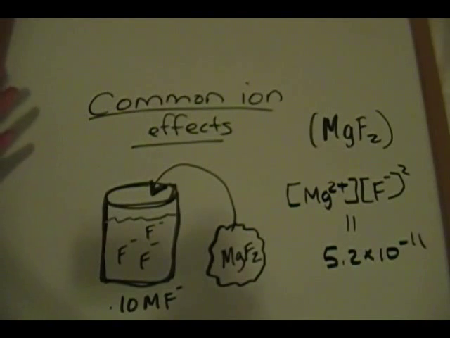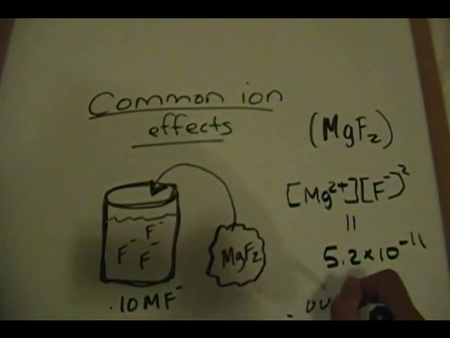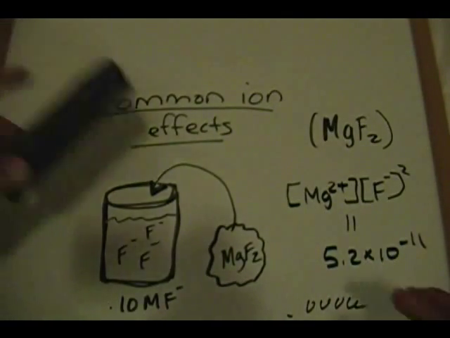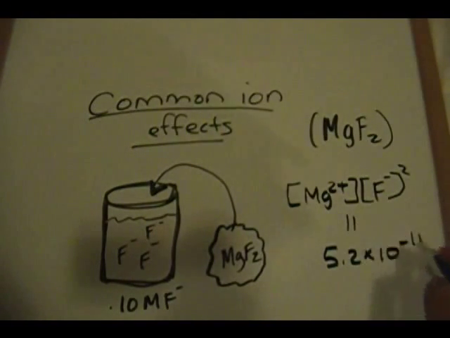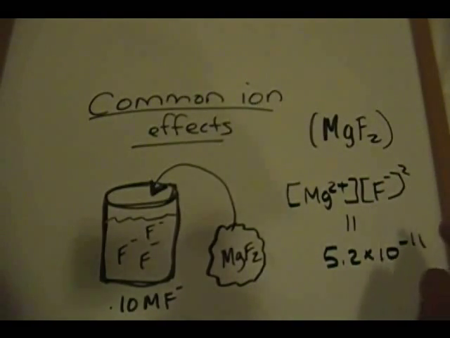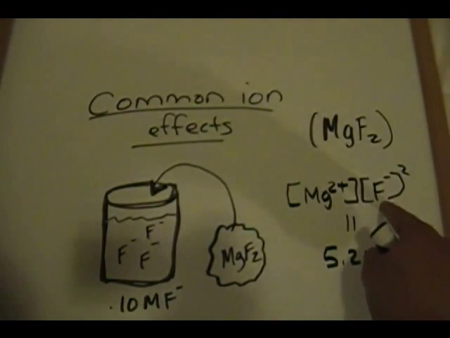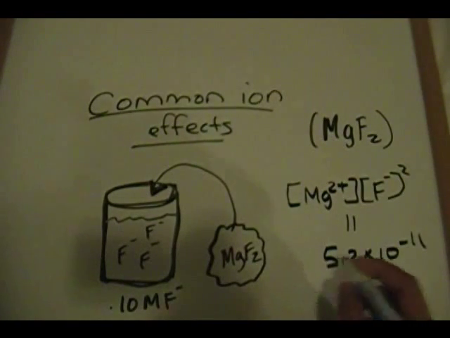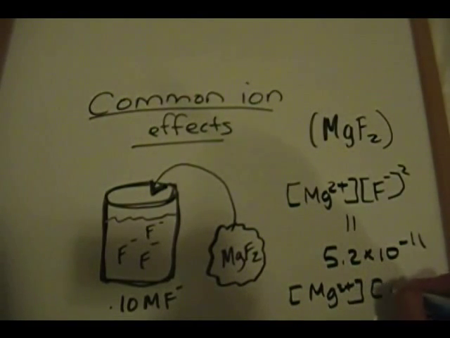Well, if you think about it, 5.2 times 10 to the negative 11 is a pretty small number. It's like 0.00000, a lot of zeros. Again, referring back to the statement I made earlier, this expression is always true, no matter what. So if we already have 0.10 present, let's just say, for example, Mg2+ times 0.10, squared,